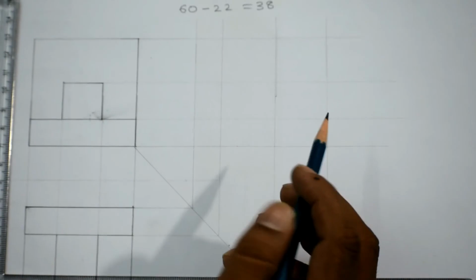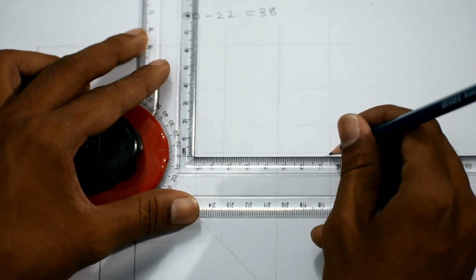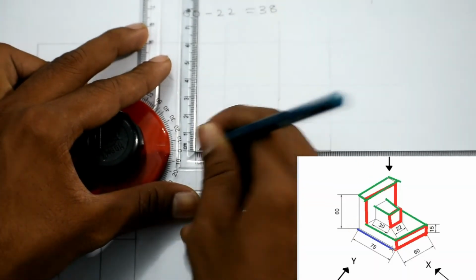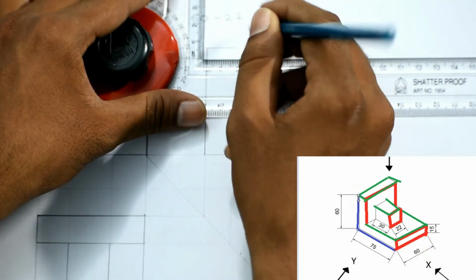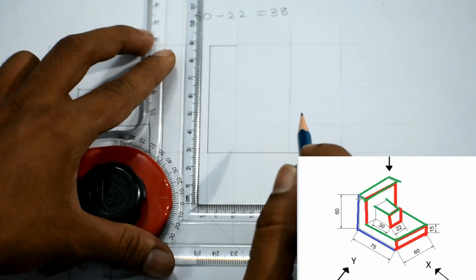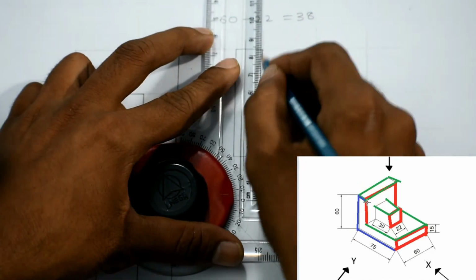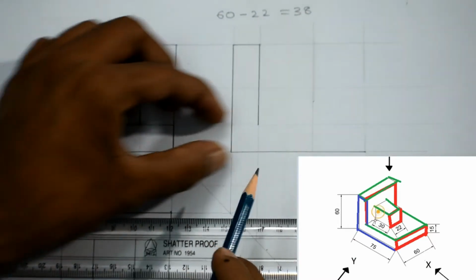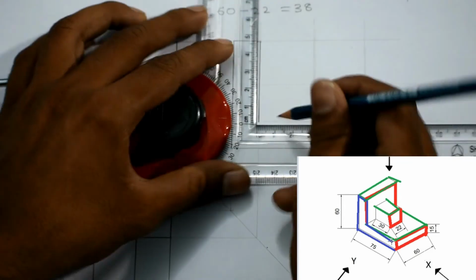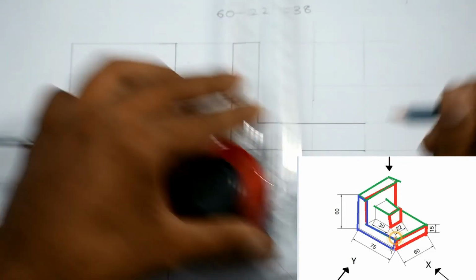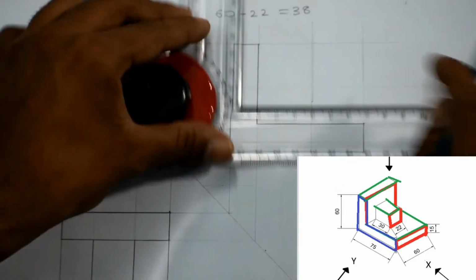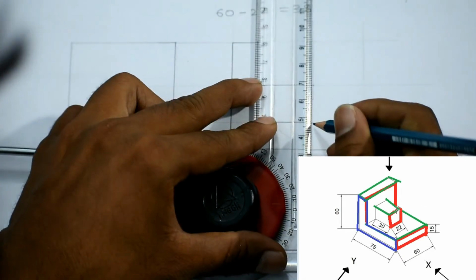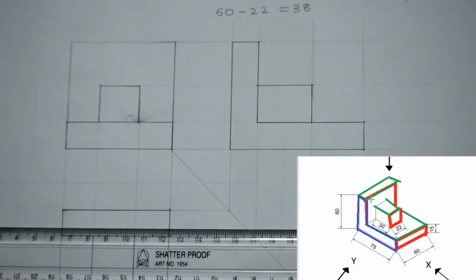So left hand side view is very simple. That's an L shape. I will first darken this bottom line and this line. And this will be 15 mm, which we have obtained from the projection lines. And then till this line, you can observe that this line goes till the end, and hence this is completed. Now the small box which was visible from the front, hence our left hand side view is completed.